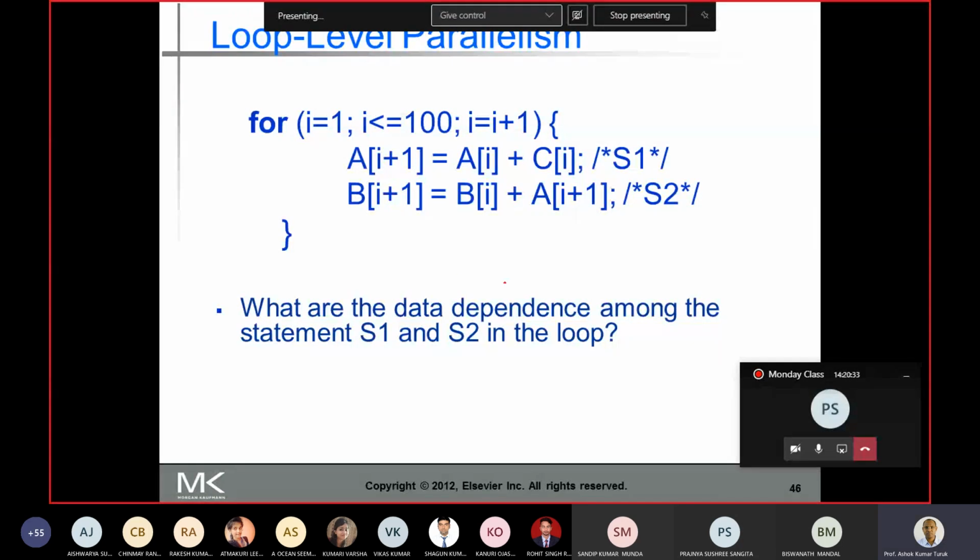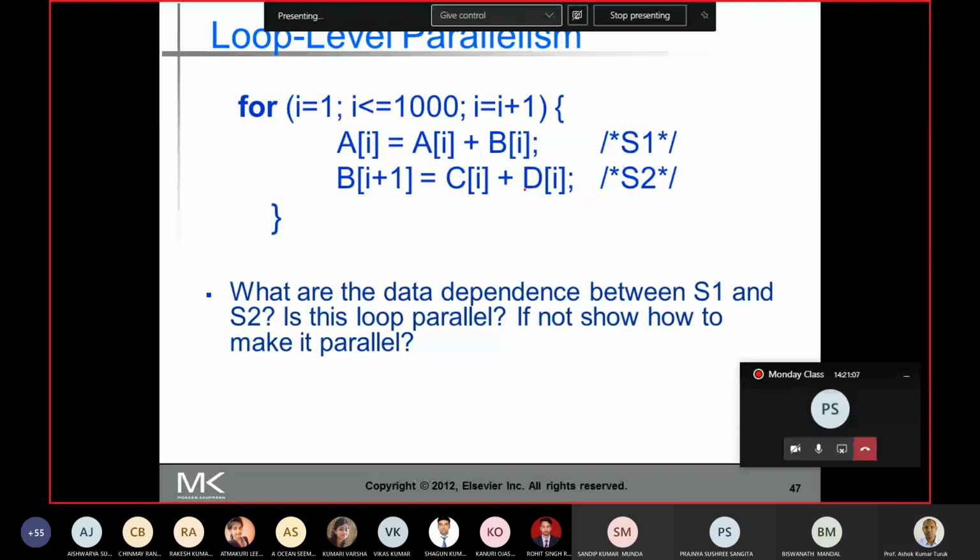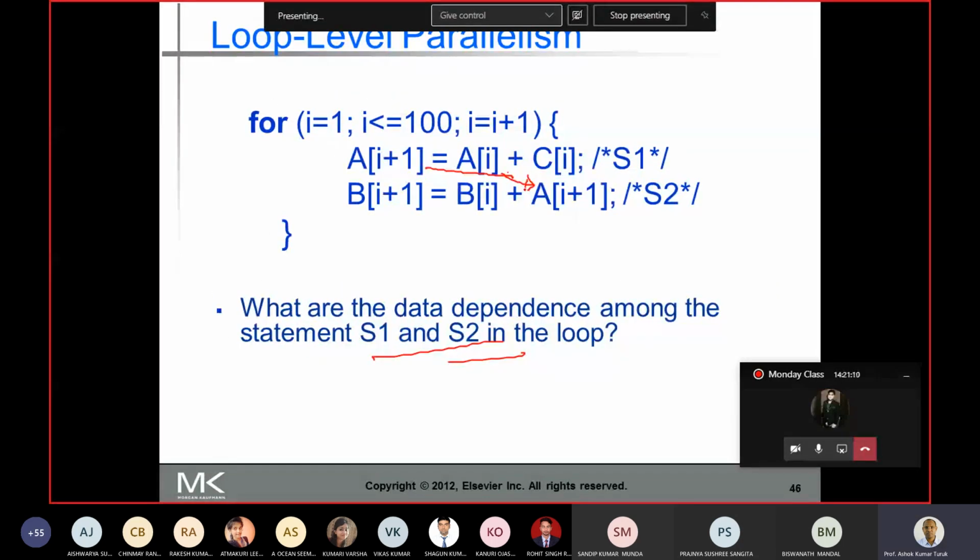Let's take this loop. What are the dependences among the statements S1 and S2 in the loop? Is there any dependence between S1 and S2? There is a data dependence, but this dependence is not a loop carried dependence. Is there any loop carried dependence?